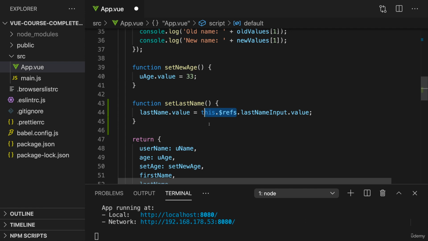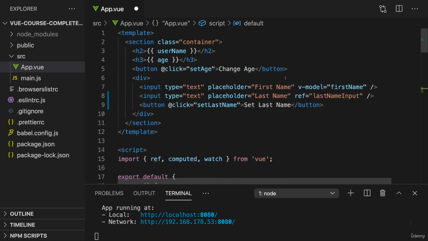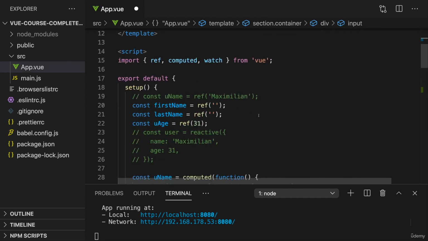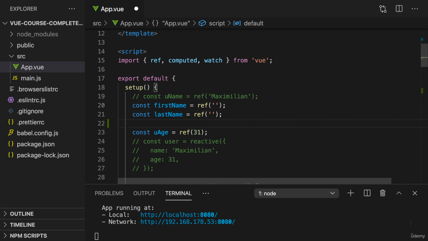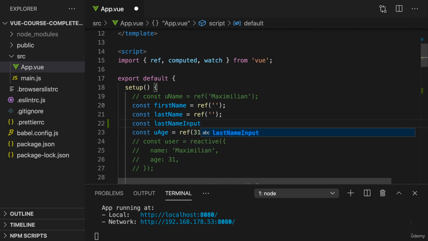Instead, the approach is the other way around, you could say. Now you define your refs, including your template refs like this one, in the setup method. There is no differentiation between your own refs that manage your own data and refs you want to bind to some DOM element. So here you simply create a new ref, lastNameInput,